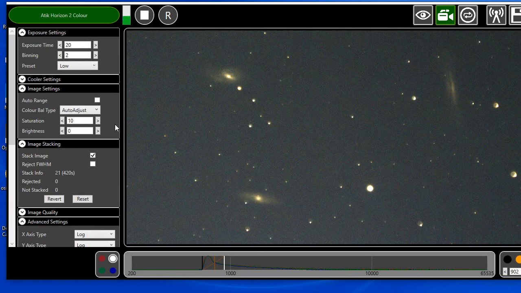But the point of the video was from quite a while ago. We were looking at the advanced image settings. What we are going to do is we will do a highlights